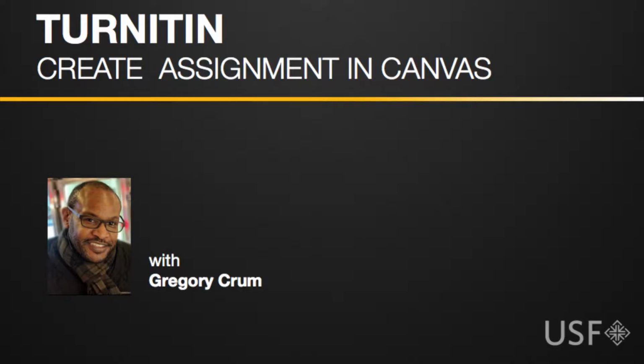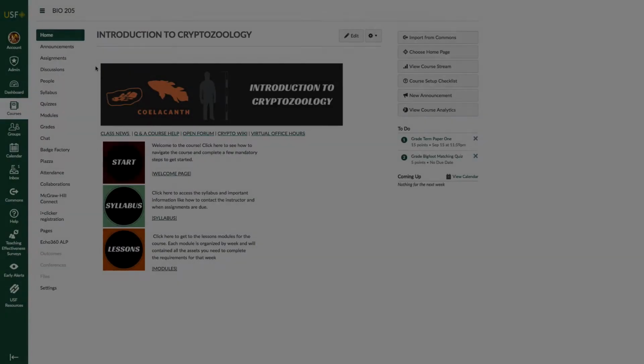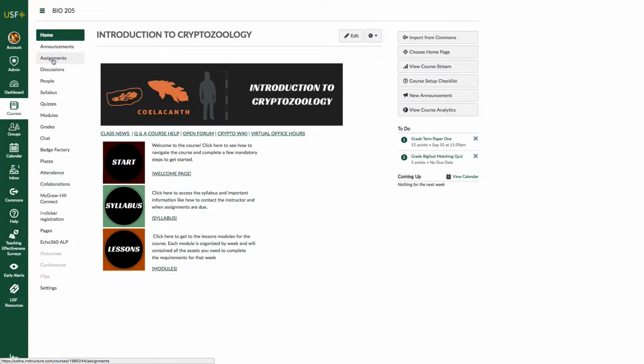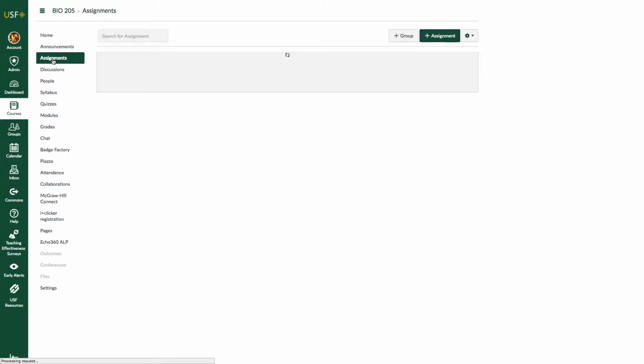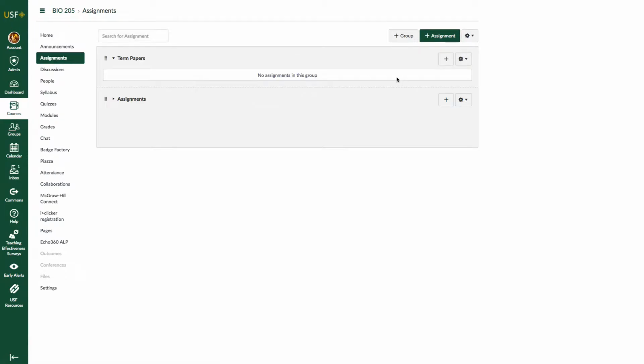We find that the best workflow is to first create the assignment, and then manage the Turnitin settings, and then publish the assignment. Let's create a Turnitin assignment in Canvas. Let's click on the Assignments link in the left navigation menu to create our assignment. Next, I'll go ahead and click on the plus or Add Assignment button